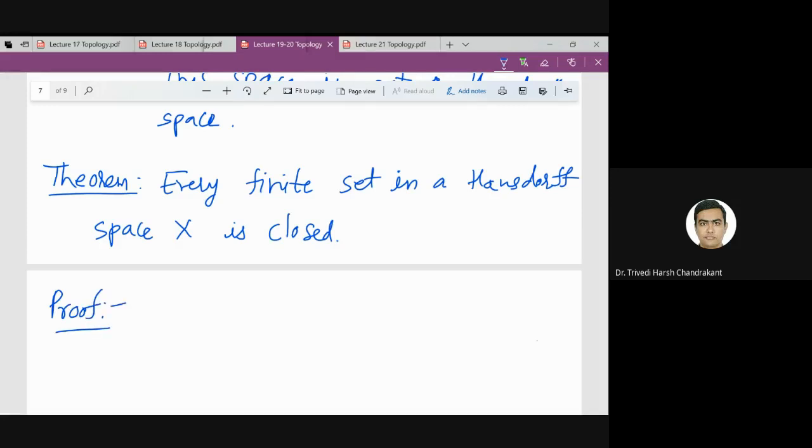So what is a Hausdorff space? I have two distinct points, and I can find two open sets containing those points which are disjoint. So we know only this property about this space, and we want to prove that every finite subset of that space is closed. Since X is a topological space,